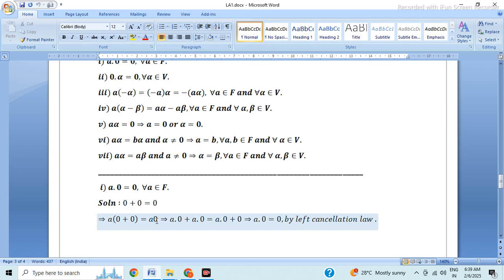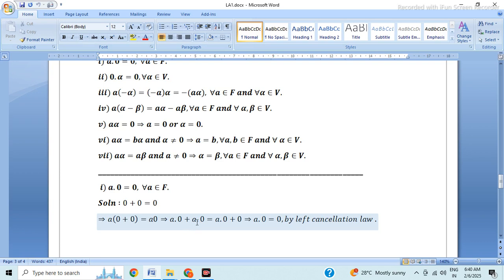For that, first we will take 0 plus 0, what can we write? 0 plus 0 equal to 0. We will take this one condition only. Then next, we want to get A into 0. For that, we multiply both sides with A. Then what we get: A into 0 plus 0 equal to A into 0. But 0 is the additive identity. Then what can we write it as,